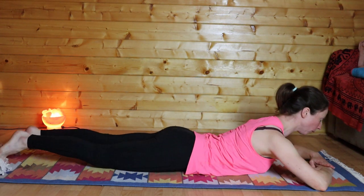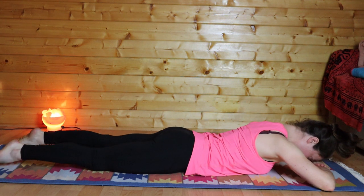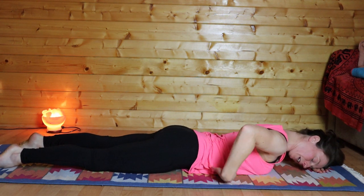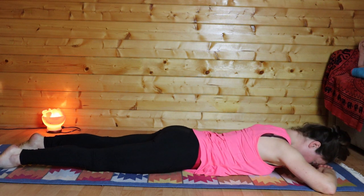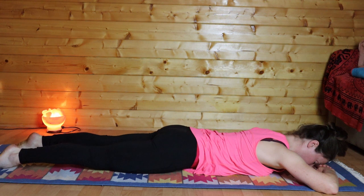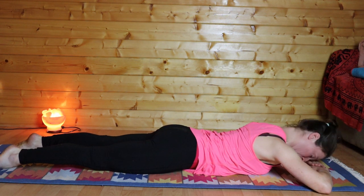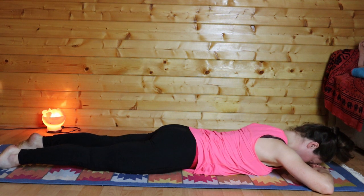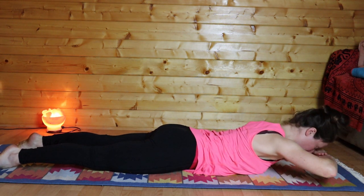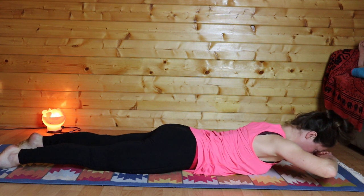So what we're going to do is glue our hands to our forehead, and we're going to get that same feeling of caving out, a kind of a dome here. So we're drawing the ribs down to the hips. We're keeping the shoulders away from the ears, and we're lengthening the neck. And as we do so, we inhale and lift and hover the arms from the floor. They're glued to your forehead. And then exhale